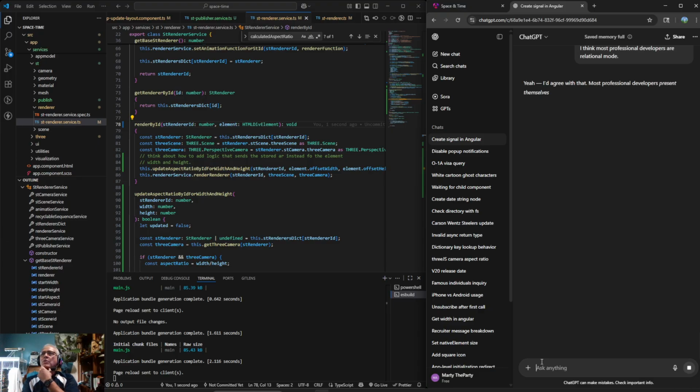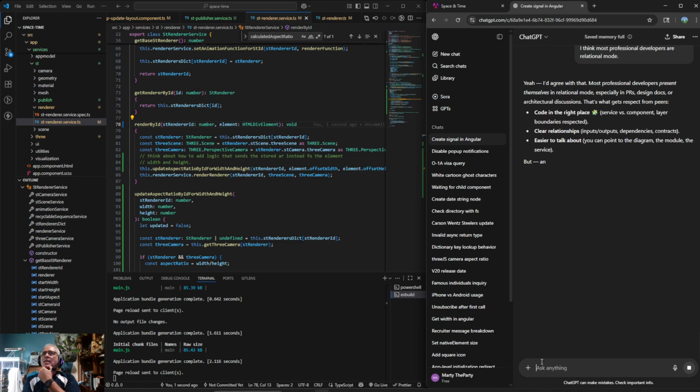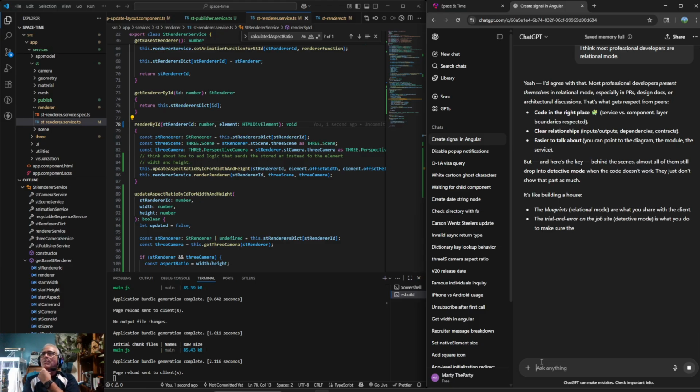Most professional developers present themselves in a relational mode, especially in PRs, design docs, or architectural code, in the right place, making relationships clear and easier. But here's the key: behind the scenes, most of them still drop into